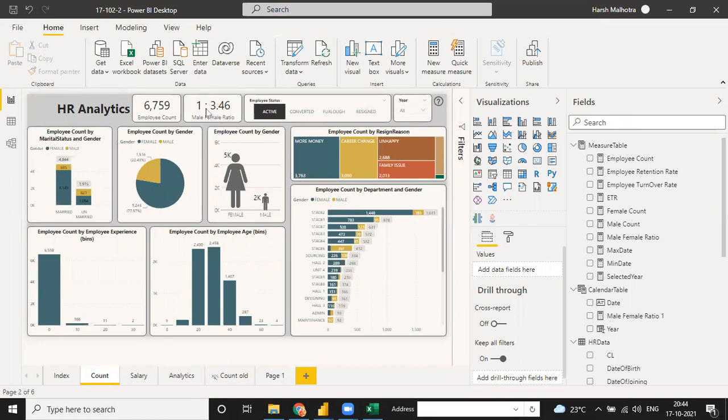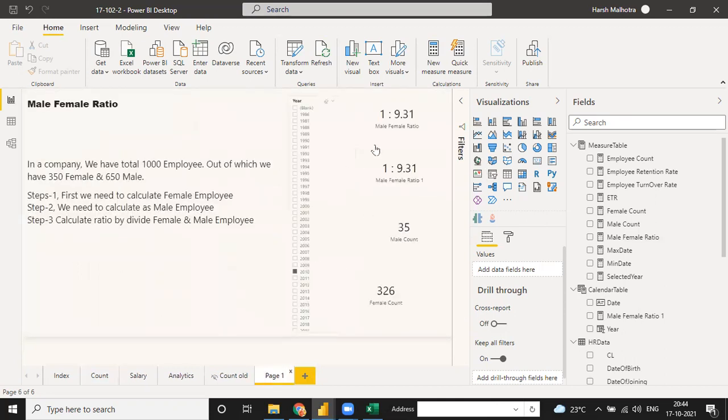If you need comparability of this ratio, you can show it in a line chart as well. In the line chart, you can show, suppose, the top 5 years. Top 5 years means starting from 2015, 16, 17, 18, 19, 20, that kind of year also. Clear, or any other doubt you have?